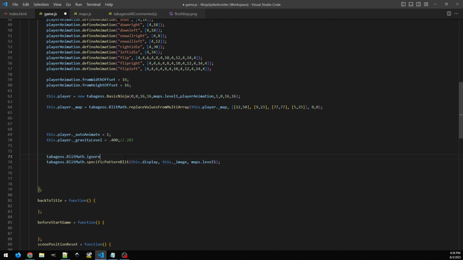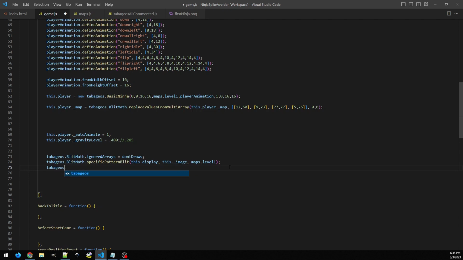This has a property called ignored arrays, which means the arrays do not draw. So we could say don't draws for that. Okay, so here when it's drawing the map, it's not going to draw those, and also the player walks past them. So it'll be that they're not there, but we're going to use them